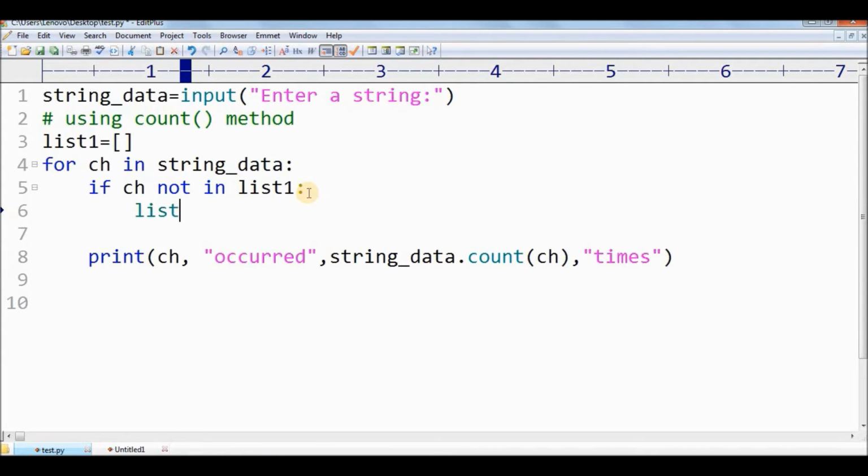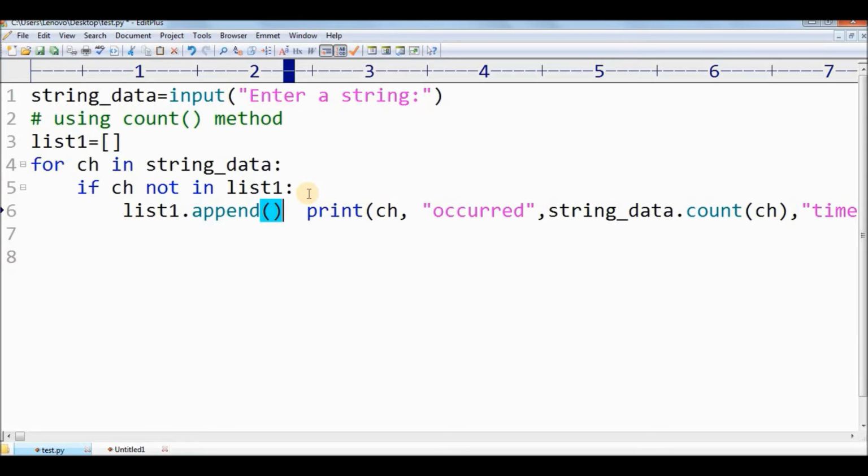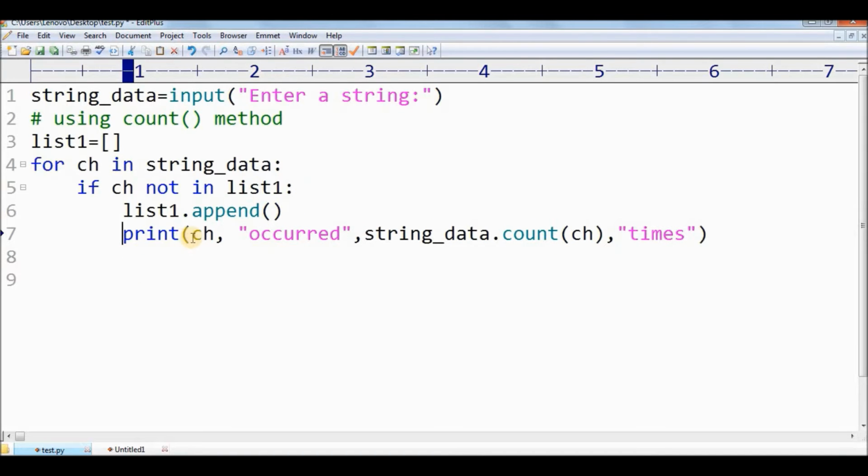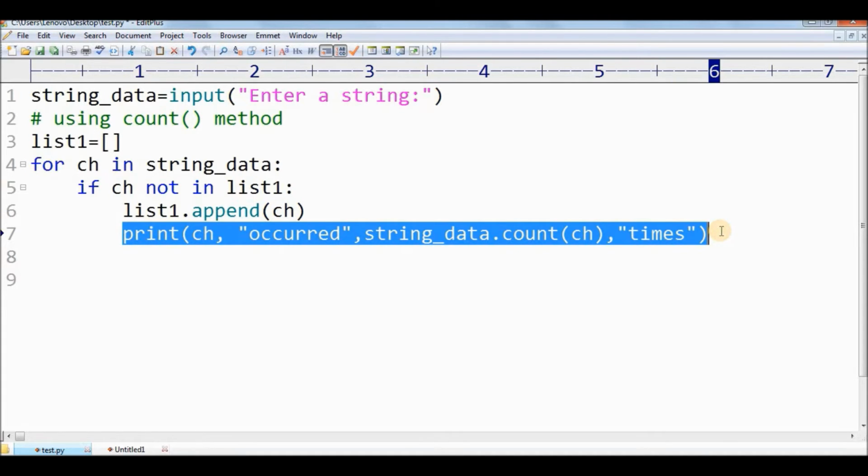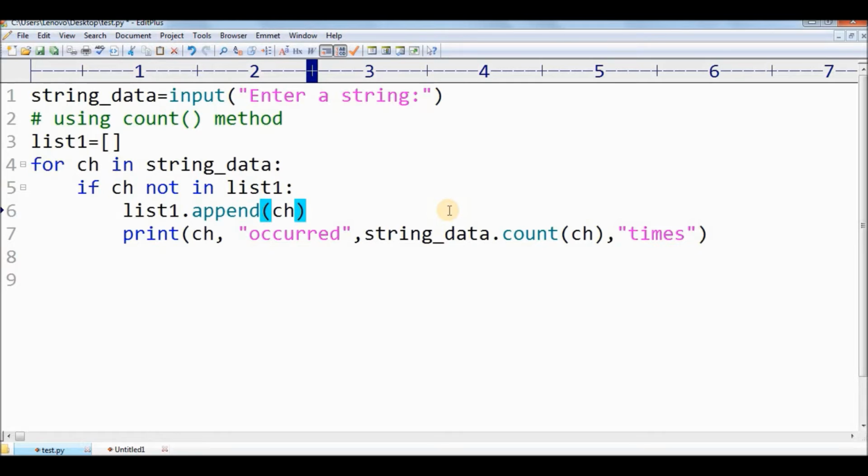So list 1 dot append. And the other thing is I will print this. Only if the character is not already present in the list, I will append that character into the list, and then only this line will run, and otherwise it will not run.